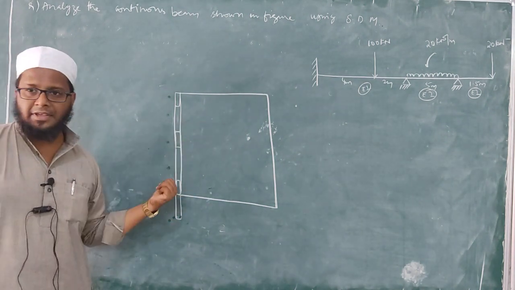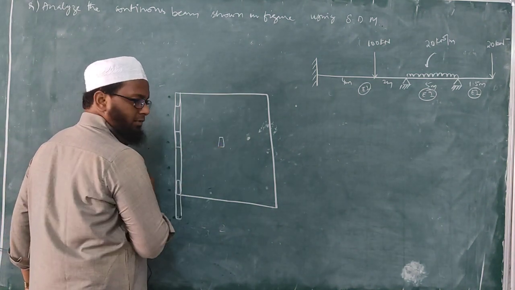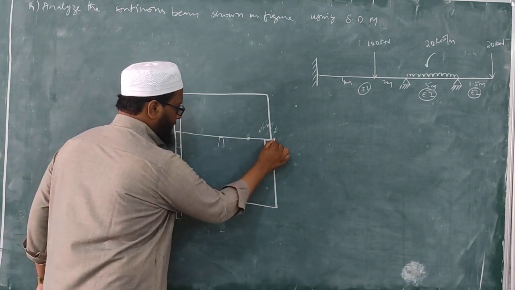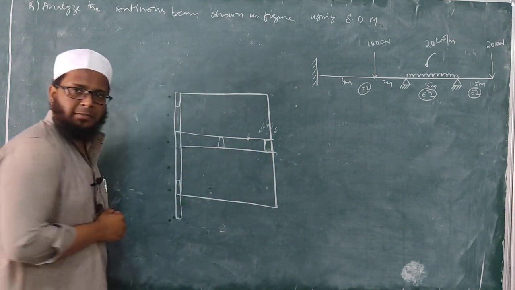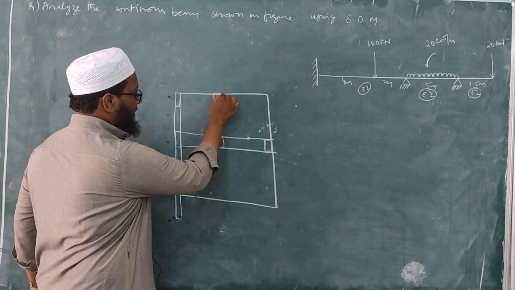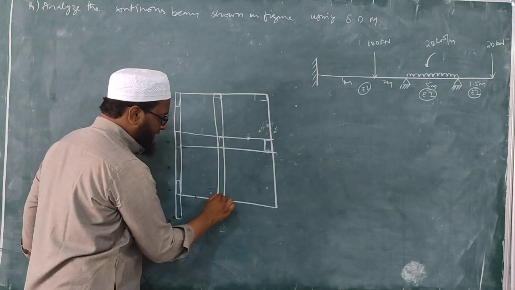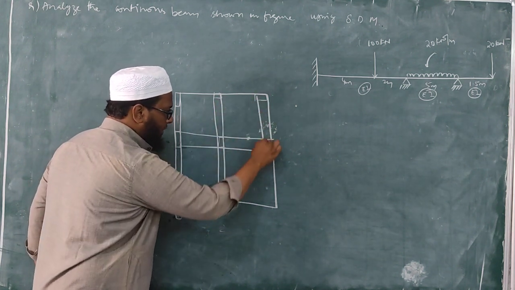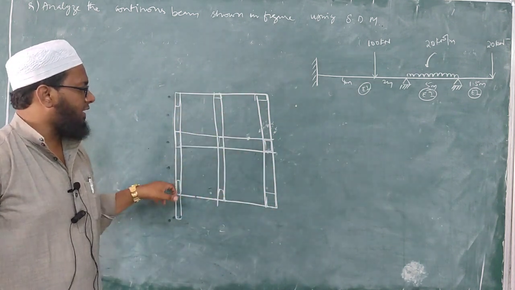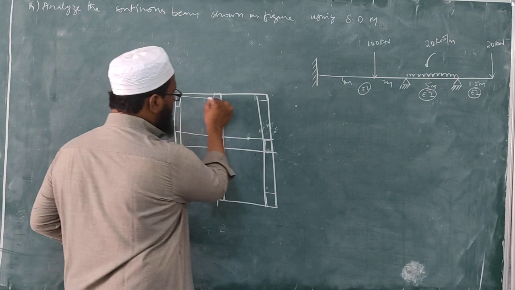So the same thing is happening here. And sometimes you'll be having a column also, isn't it? The same thing, you'll be having one more column here at this position. So this is nothing but your continuous beam again, span AB, span BC, right? Then again, if you have one more column here and one more column here, then you will be having one more beam like this, one more column like this. Along with that, we will be having one more beam like this. So 1, 2, 3, 4, 5, 6, 7, 8, 9. 9 columns are there, but again we have continuous beams along with that, isn't it?